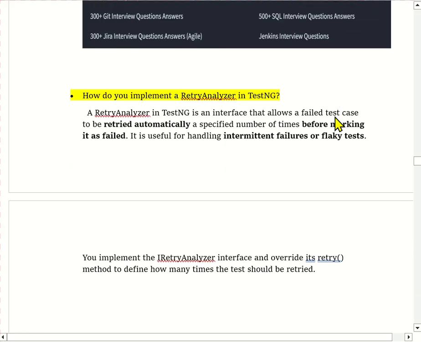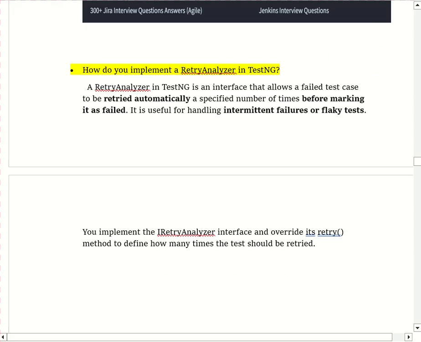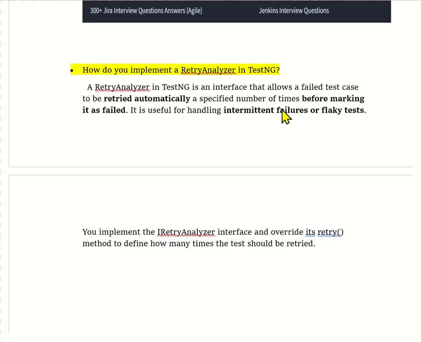Now moving to the next question. The question is, how do we implement the retry analyzer in TestNG? So guys, in the previous video I have already discussed how to rerun the failed test cases without retry analyzer. But if the interviewer asks, without retry analyzer, explain this question, at that time we have to tell we rerun